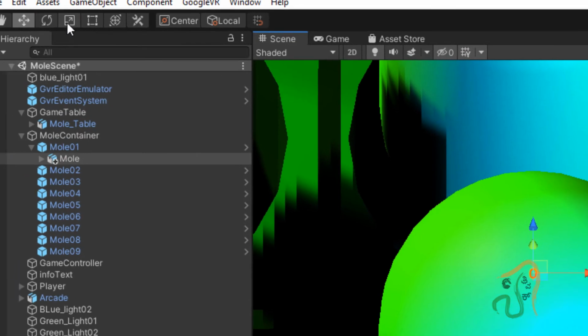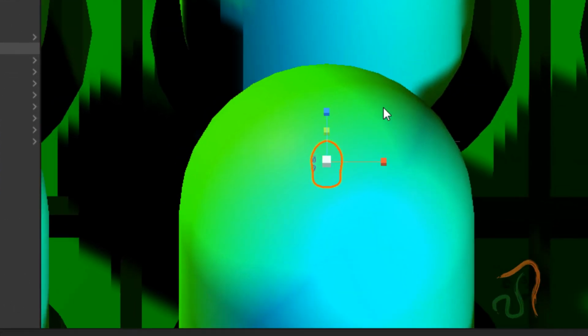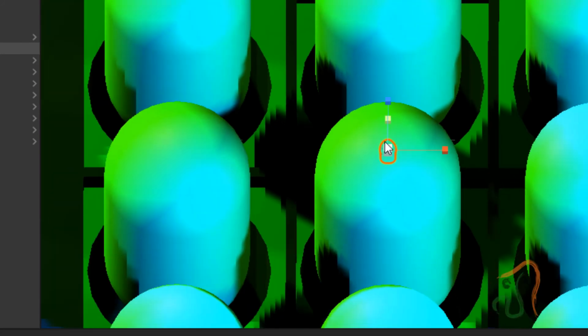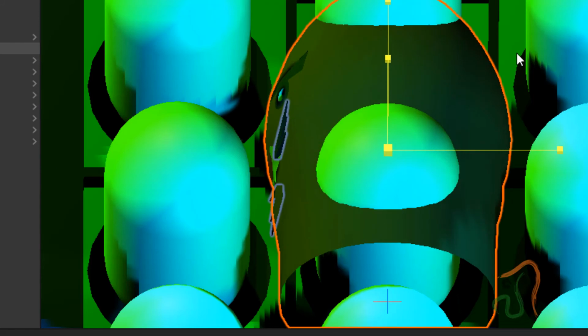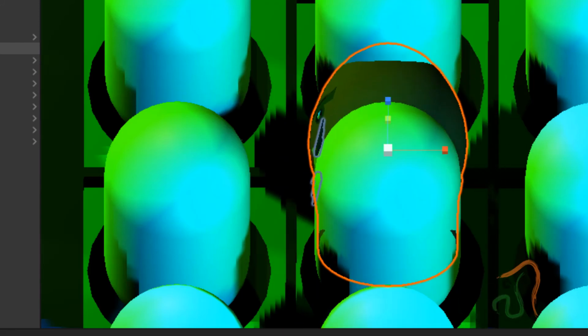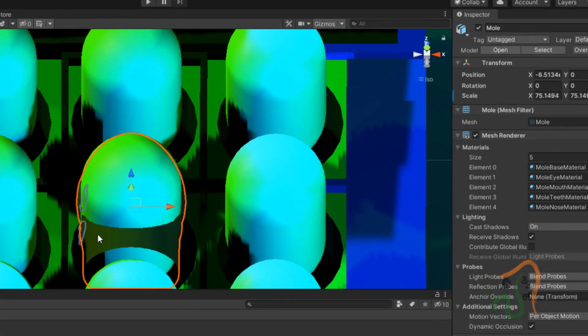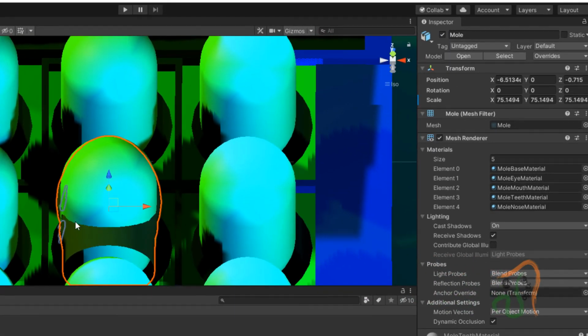I think we can press the scale button here and scale it up. When I click reset, it has become very small. So let us scale it to fit our mole size like this, and then select the move tool to move it like this. So let us set its position like this, and also you can see here the face of this mole.